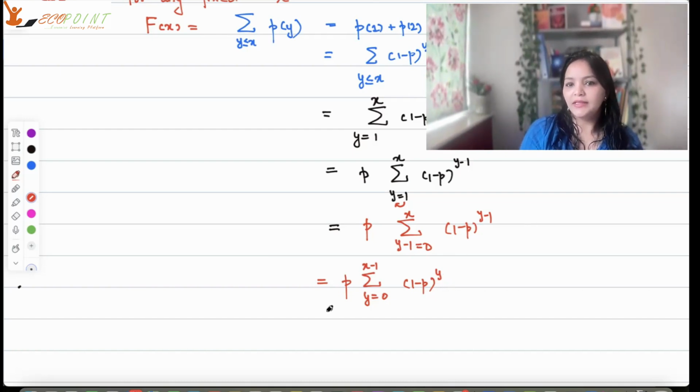See that this sum and this sum are basically the same thing. You can also take it as some other variable, say a, or say z. So basically z is going from 0 to x minus 1, and the summation is (1 minus p) to the power z. Then